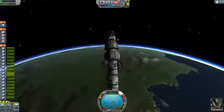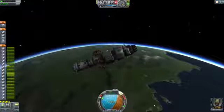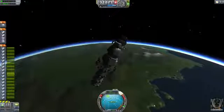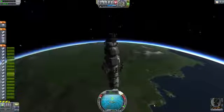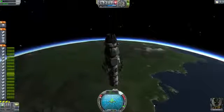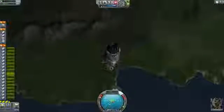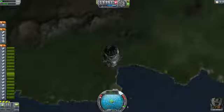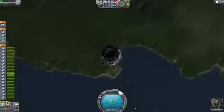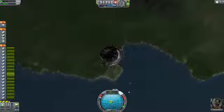Okay. And liquid fuel is gone. And now I need to actually turn my spacecraft and point it downwards. Hopefully the engine in the tail will pull us straight. Okay, I don't think we're going as fast as in previous versions. I think there's a bunch of things I messed up here. I know I can optimize this somewhat better. Yeah, come on, 43...